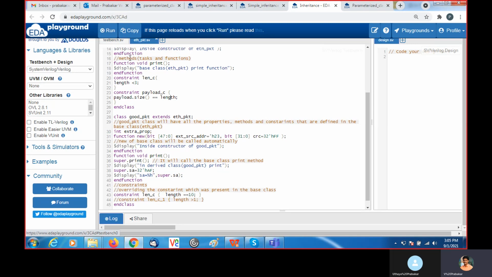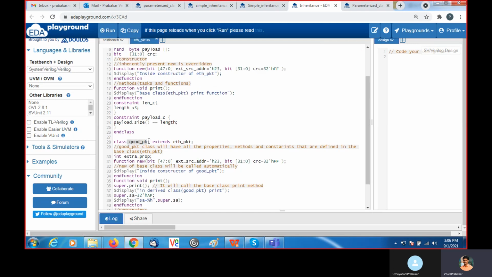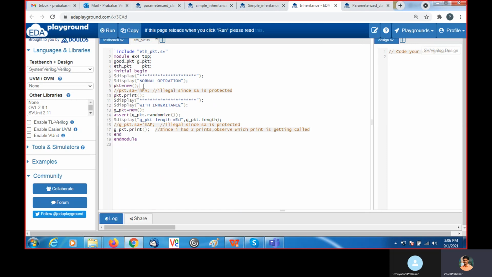Here inside the testbench.sv, that is nothing but the top module. Here I include the Ethernet packet file. Then inside the module, I instantiate the good packet and Ethernet packet, both the child class as well as the base class. And within the initial begin,